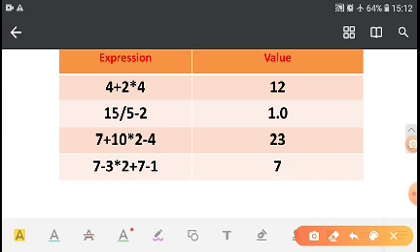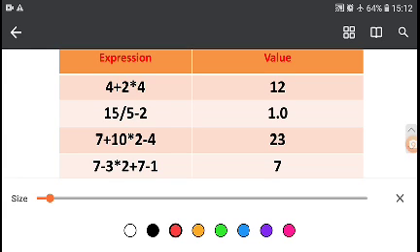Now, in the second example, 15 divide 5, output 3.0. 3.0 minus 2, 1.0.